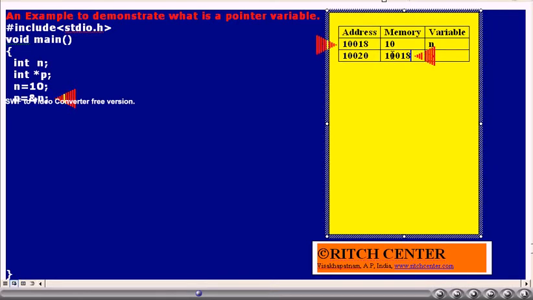People say p is a pointer to the variable n. Of course, you may be wondering, if so, what is the benefit? We can access the value of n via this pointer variable also by applying the indirection operator.